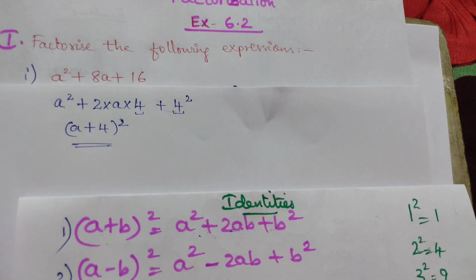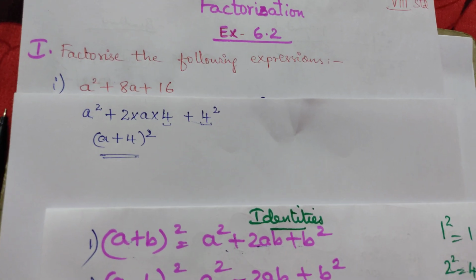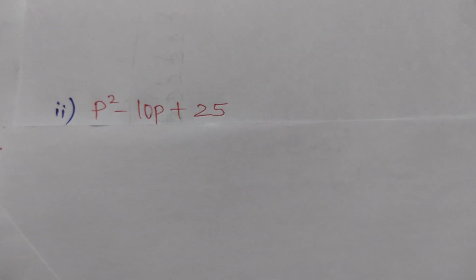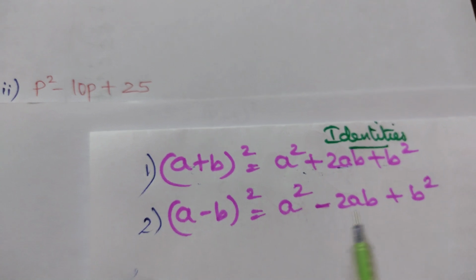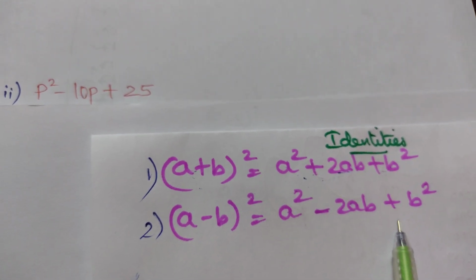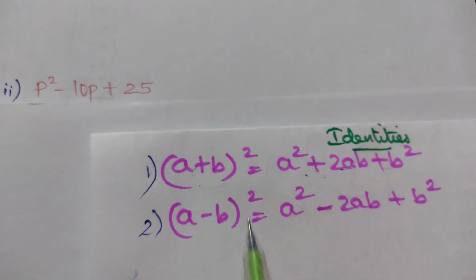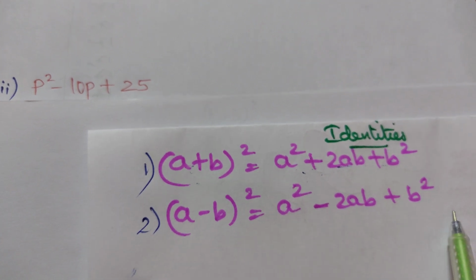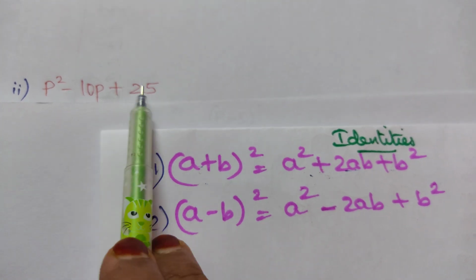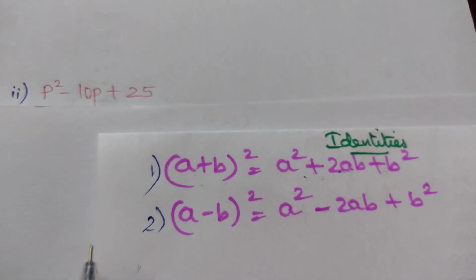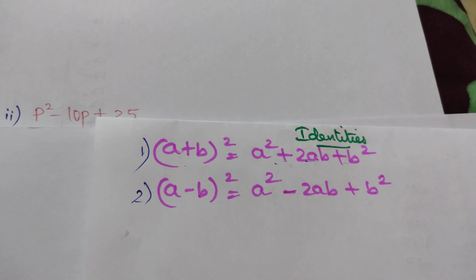Let us move on and do some more problems from this exercise. So the second question is p square minus 10p plus 25. In order to solve this, which identity do you think we will use? There is a minus sign and a plus sign. So we are going to use the second identity: (a minus b) the whole square is equal to a square minus 2ab plus b square. So we are going to get three terms, and we are going to get the answer as an expression of two terms the whole square. So we are going to write this as